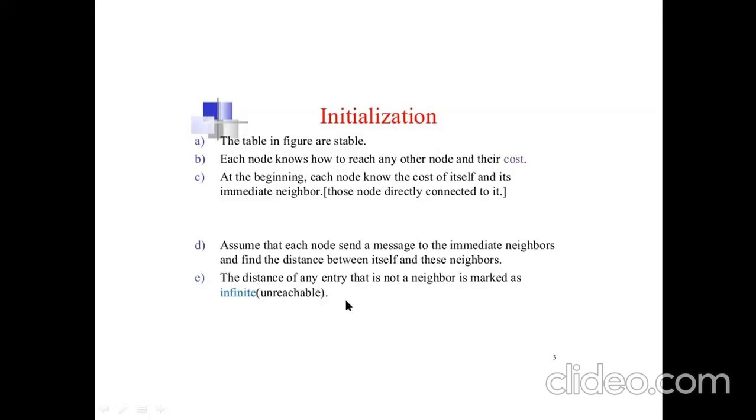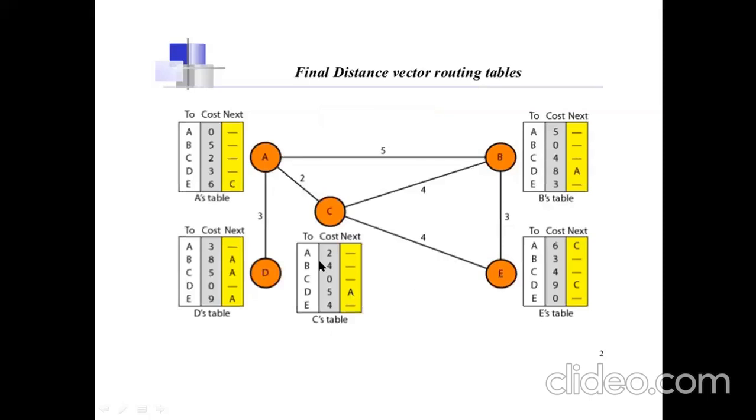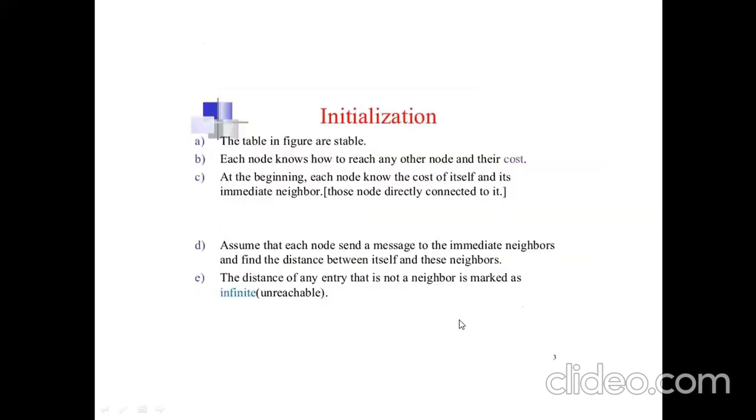Suppose if it is not connected directly, it is not reachable. For example, if we go back to this, B to D is not directly connected, or D to E, there is no value here. So what we have to write is infinity. If it is the node itself, there is no path, so for that we have to say it is 0. But from that node to another node, if there is no direct path, then we have to say it is infinity. So for that, we have written 999.